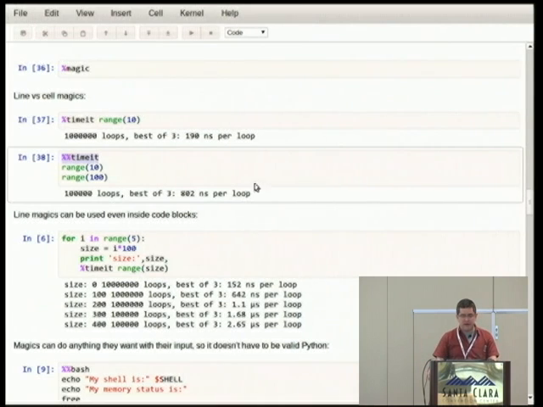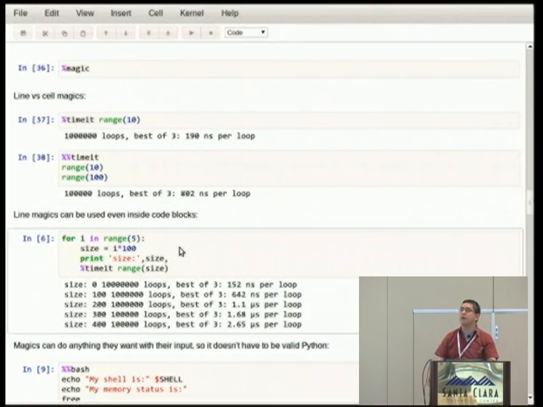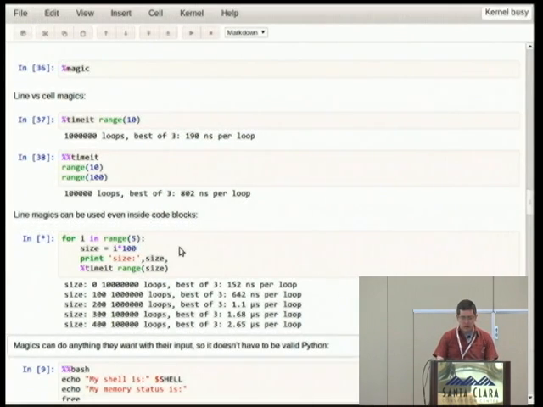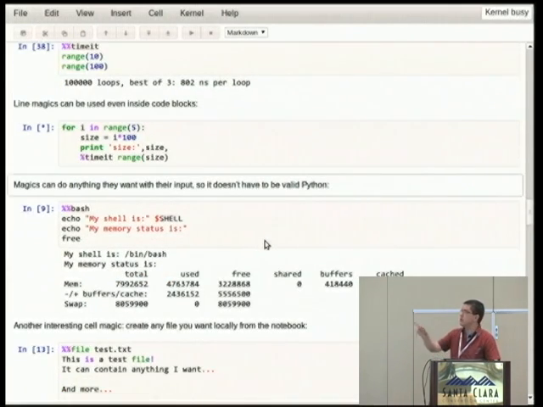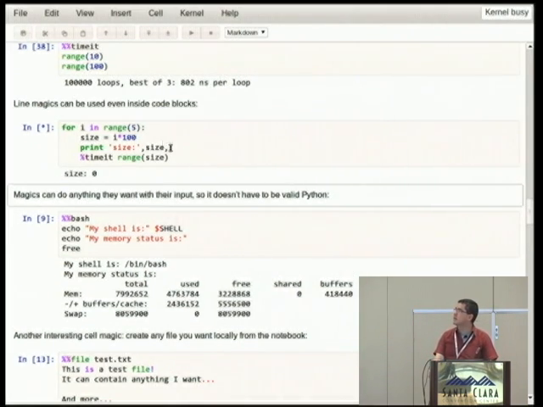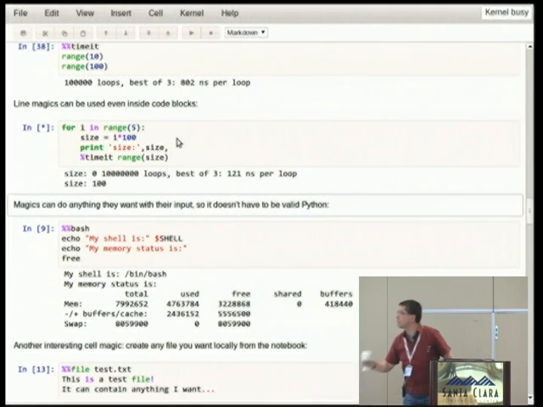And again, you can define your own. So the magic system, in summary, has 2 styles of usage. Single % applies to just what's on that line, and we call them line magics, and double % applies to the entire block of code. Now, because the single % ones apply only to the current line, you can actually use them in a loop or in other blocks of Python code, just like you could put exclamation in the middle of another chunk of Python. So here, let's say that I want to run some code and then do timeit on a specific expression that depends on that context. Well, I can keep calling timeit within my block,